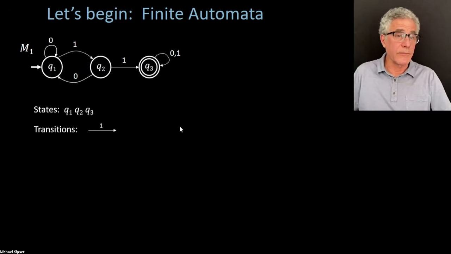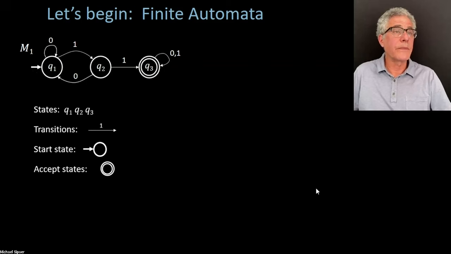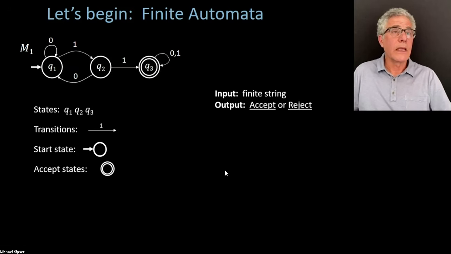And they're going to tell you how to compute with this device. There's going to be a specially designated starting state, which has an arrow coming in from nowhere. And there are other specially designated states called accepting states, and that's going to have to do with how the machine computes. Those are the ones that have these double circles. Talking about the way it computes, the idea is pretty simple. The input is going to be some finite string of zeros and ones in this case.